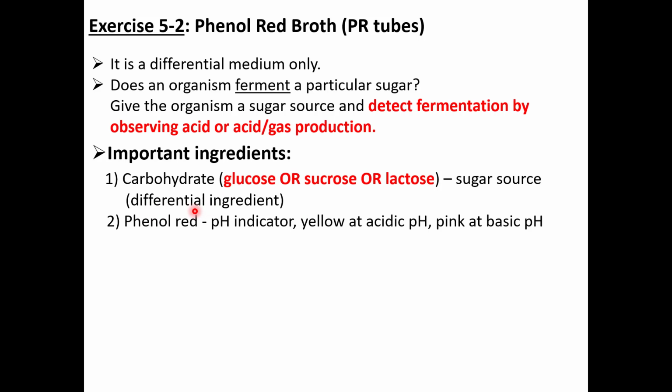Okay, but the thing is, phenol red turns yellow if the pH drops, if it becomes very acidic. And if the pH actually rises, it will turn pink. Okay, so if we have an increase in the pH, that means protein degradation, because the bacteria may not even like any of the sugars, and then they might use the proteins that we call peptones. They'll be present in the medium. Okay,